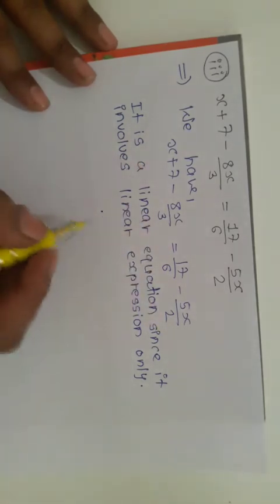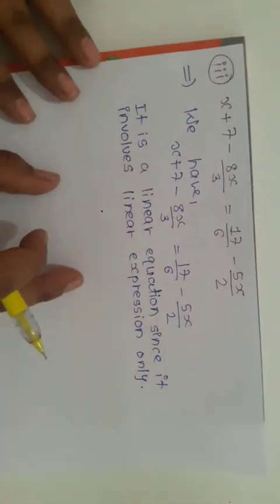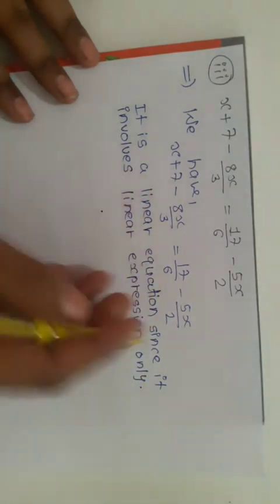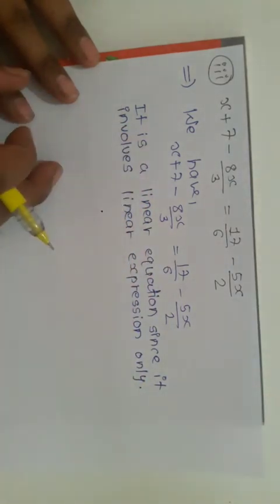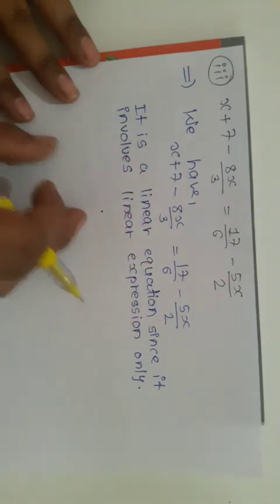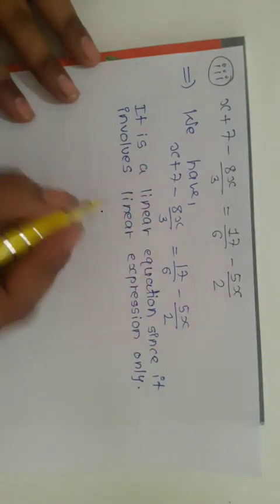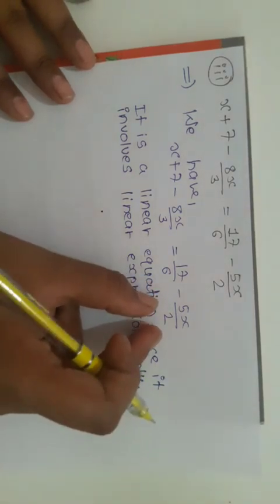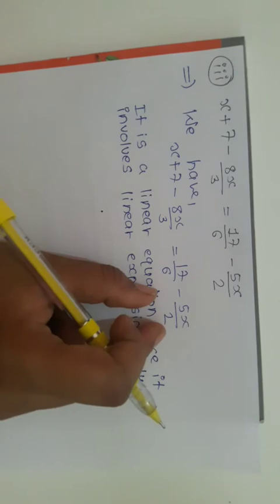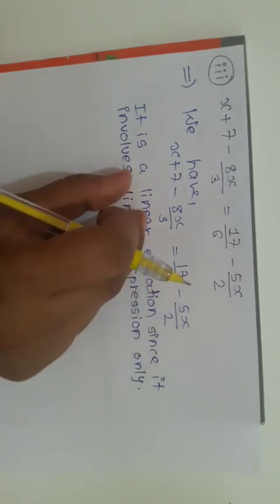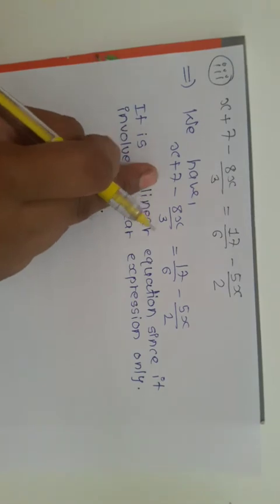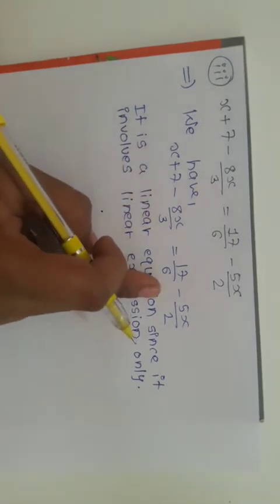Again, if we have to find out the value of x, or convert it into a simpler form, we have to collect the similar terms. So collect the terms having variables on one side and constant terms on the other side. See, on this side minus 5x upon 2, this term contains a variable. So if we transpose this term to the LHS, it becomes positive. And 7 is the constant term, so transpose this term to the RHS.